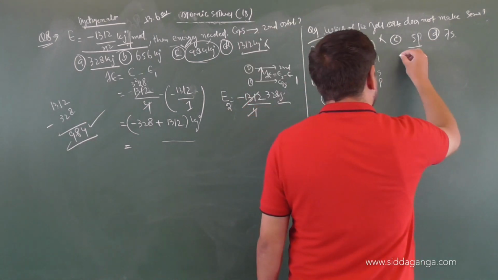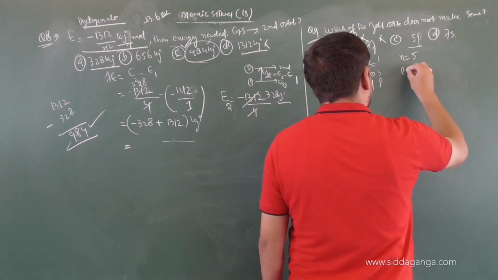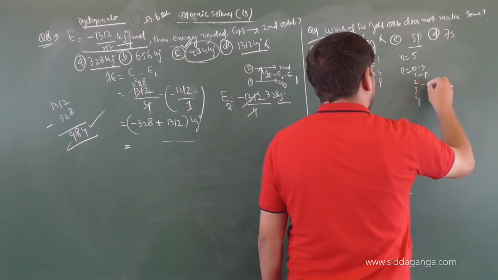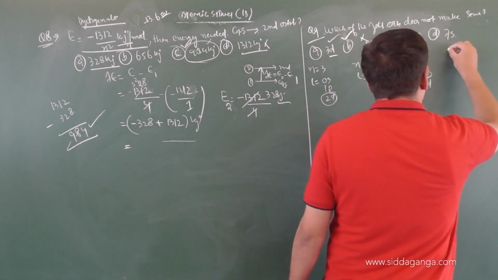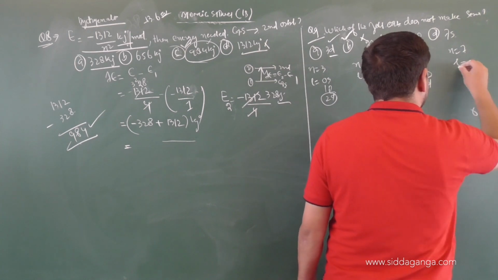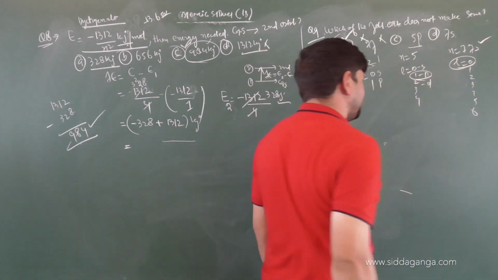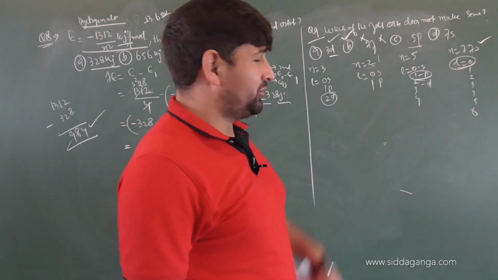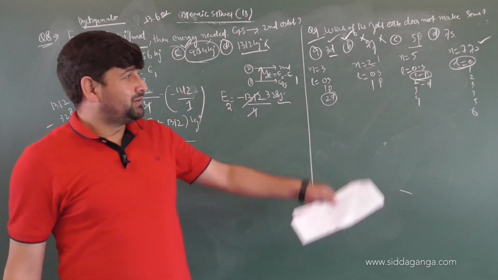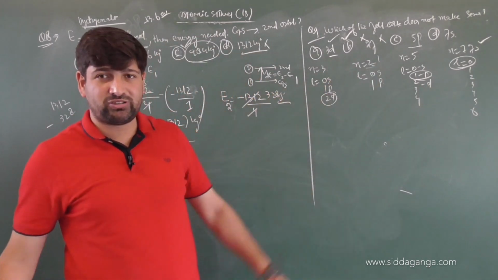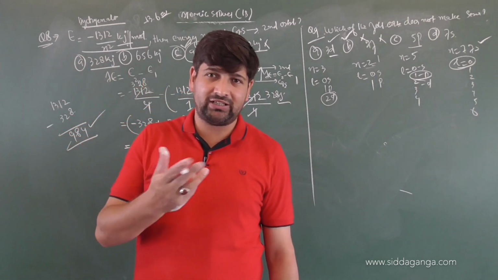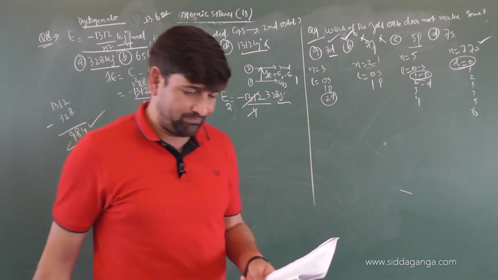5P, does it make sense? Indeed, yes. n equals 5. What is the possible value of L? 0, 1, 2, 3, 4. That makes it S, P, D. So P is possible. 7S obviously: when n is 7, L will be 0, 1, 2, 3, 4, 5, 6. L is 0, that makes it 7S. That is definitely possible. So which is not making any sense at all? 2F doesn't make any sense, children. It doesn't hold any value at all, because the F subshell in principal quantum number 2 is not possible. F can accommodate how many electrons? 14. You see the second period of the periodic table, it contains only 8 elements. Good.